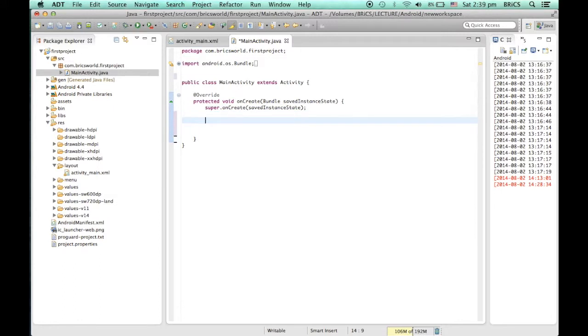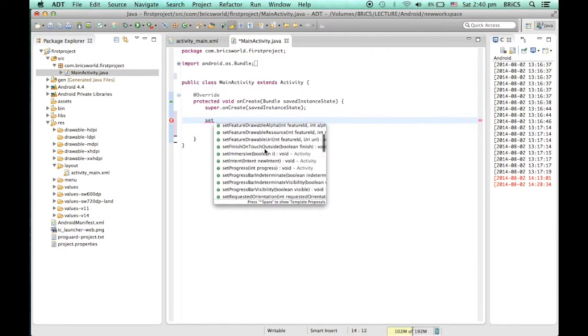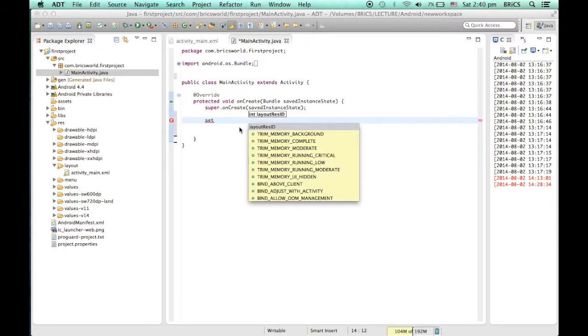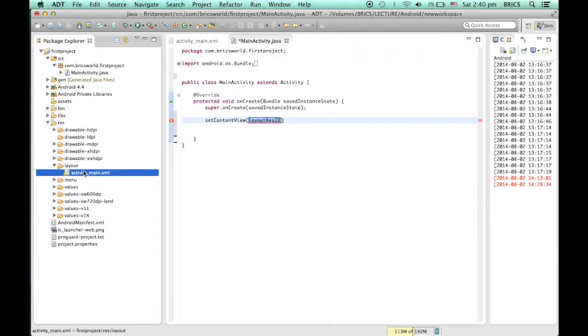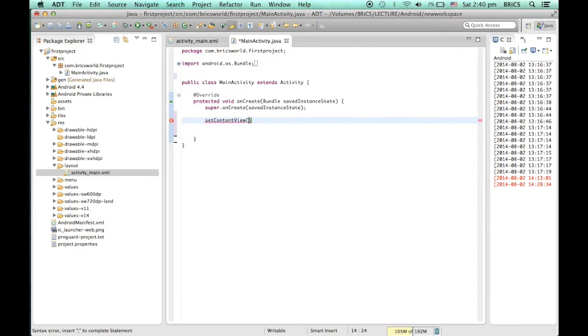To create that statement, just type set and press Control space. When you press Control space, it will give you a list of all the options that start with set. We want setContentView, so we click on this option. It will ask for something. We created a file called activity_main.xml, and we want to use this file as our layout.